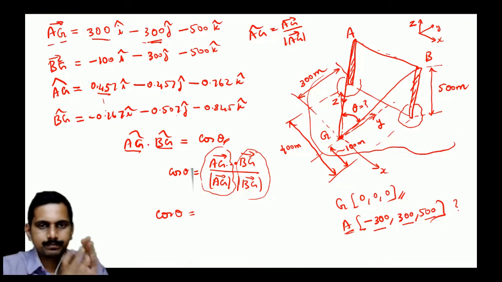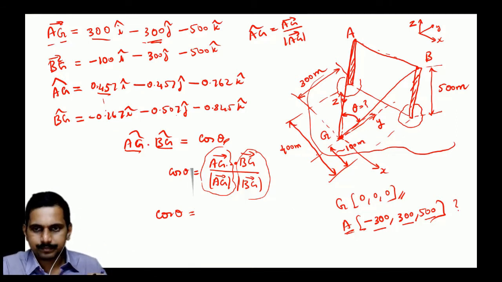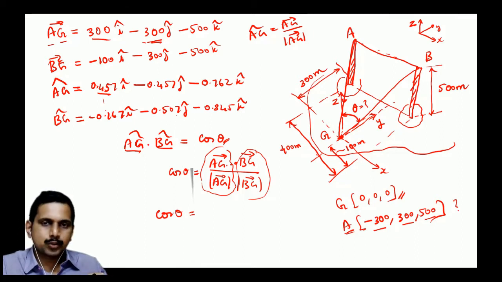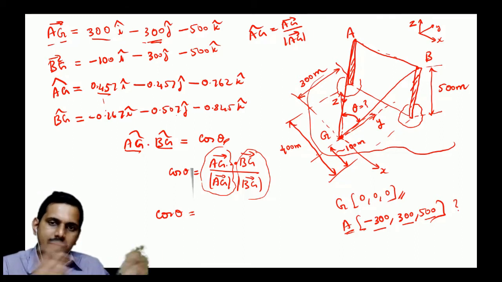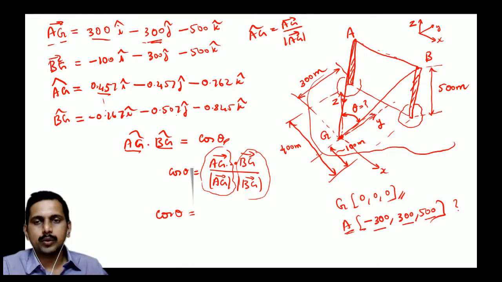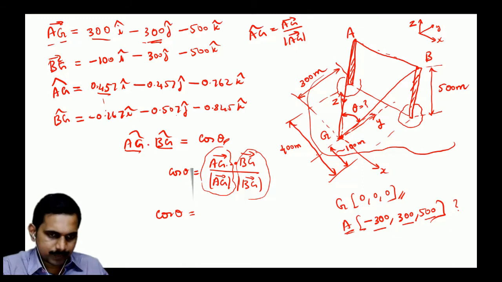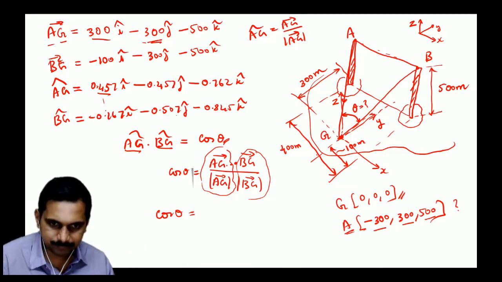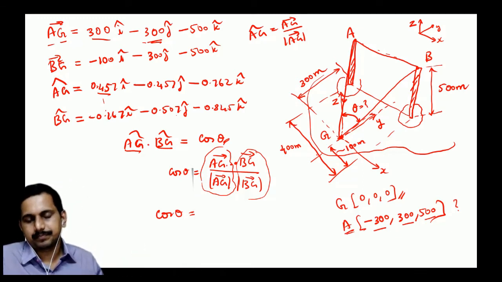Very, very simple. When you understand this, this can be done within 2 minutes, students. It will come as a 2 marks problem if it comes, and a 2 marks problem in 2 minutes is very easy, because in GATE you get around 3.54 minutes for a 2 marks problem.